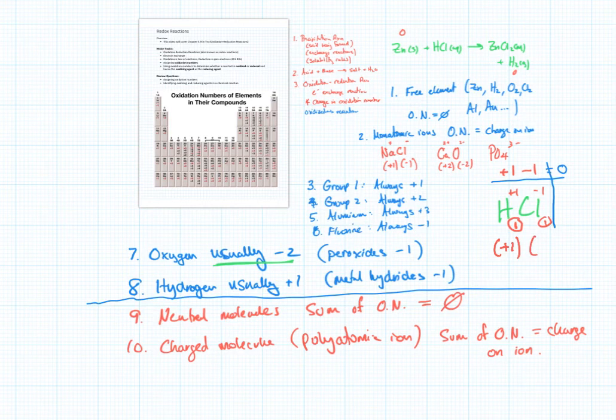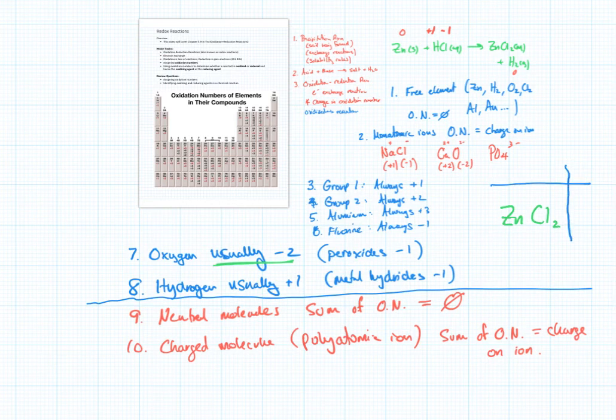All right, so I'm going to write that up here: +1, -1. Now I'm going to erase this and replace it with my zinc chloride. I'm going to do the exact same strategy, except this one is a little bit harder because I have 2 chlorines, not 1. I just realized that I don't actually have this equation balanced. There should be a 2 out front, and I think that will balance it. But that 2 in front does not change the oxidation number assignments. Okay, so zinc chloride